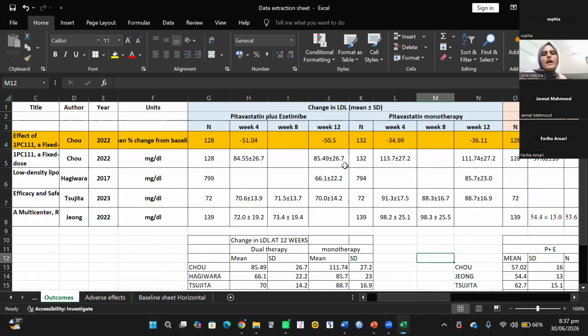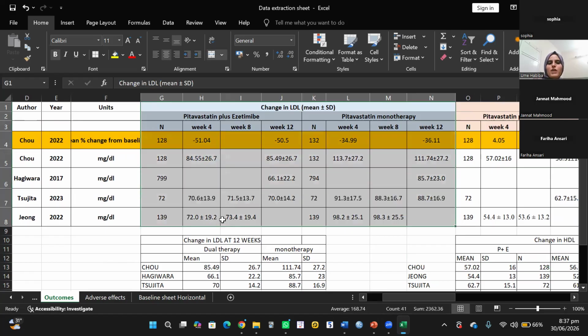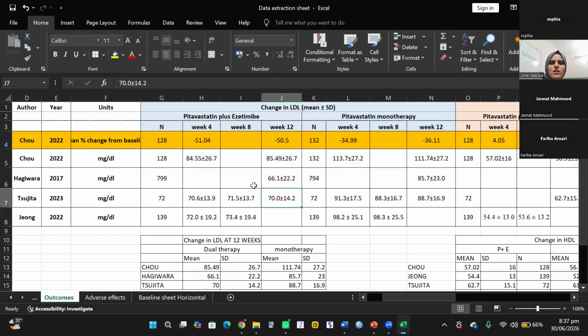What I do is within the raw sheet, I clean the data in a way. I look at my first outcome. This is my first outcome, that is change in LDL. What I do is I see how many values at least three studies report. I can see week 8 is of no use to me because I can't analyze it. It's just reported by two studies. Week 4 is reported by three studies and week 12 is reported by three studies. So these 2 weeks, under the heading of this dual therapy and monotherapy, under this one outcome,